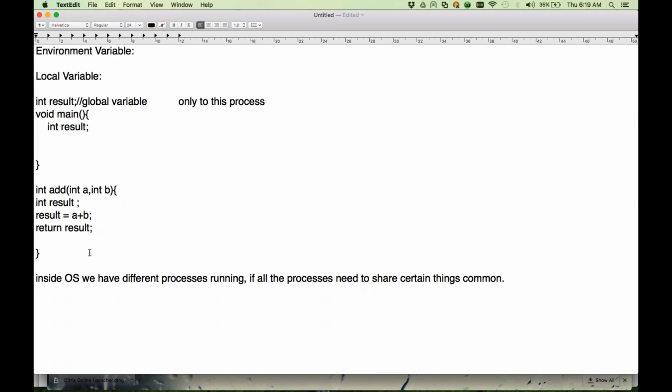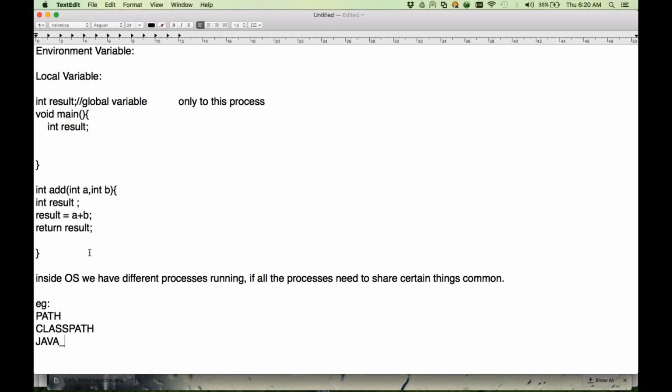A variable stored at operating system level is what I call an environment variable. So this is one way that processes communicate with each other. I don't say that this is the only way. Examples of environment variables: PATH,